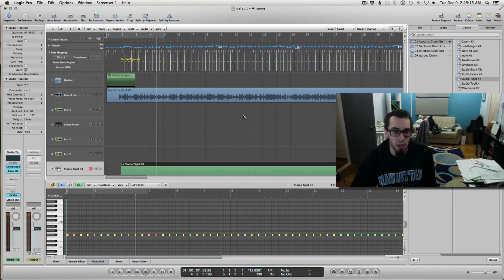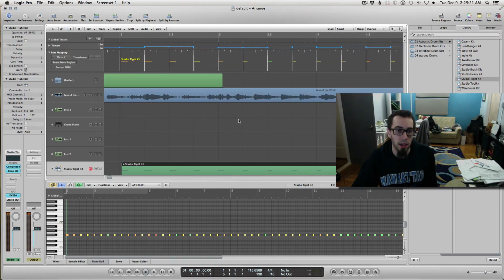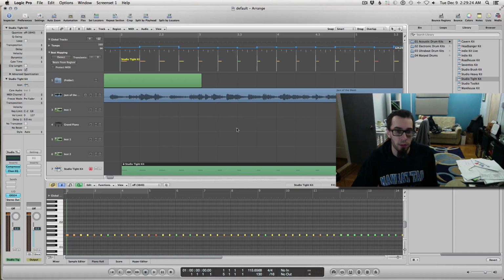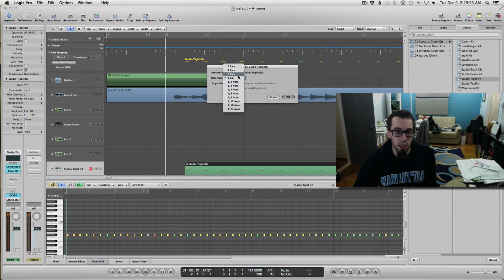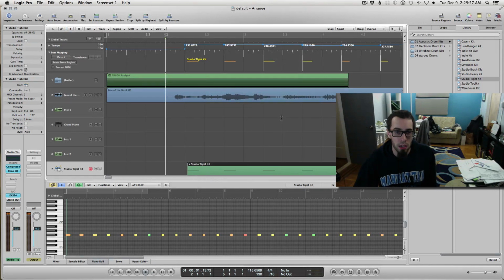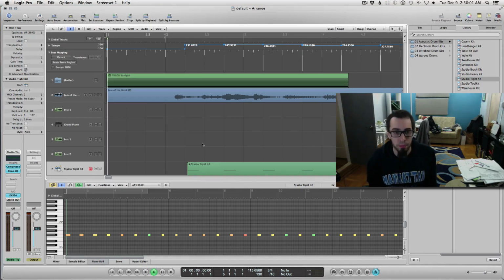And now I've got a count off of sorts. Except I should have said those are half notes actually. So now I can do beats from region and these become half notes. So now if I turn on the metronome,